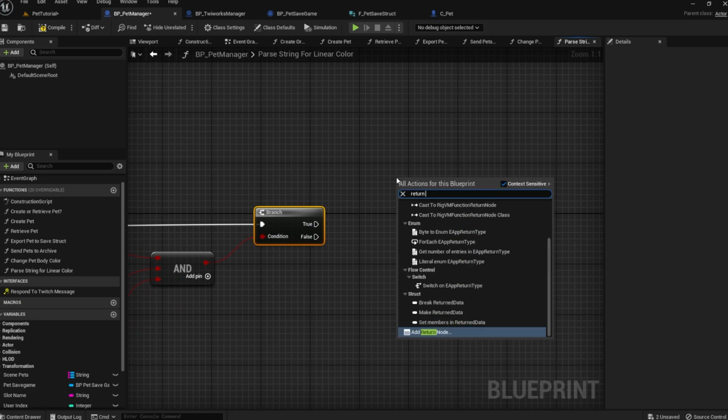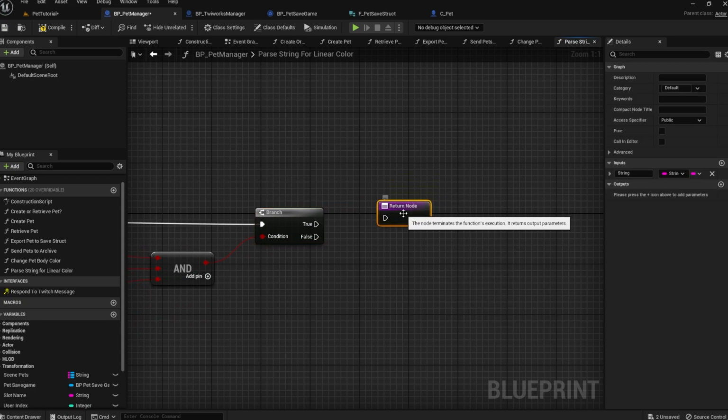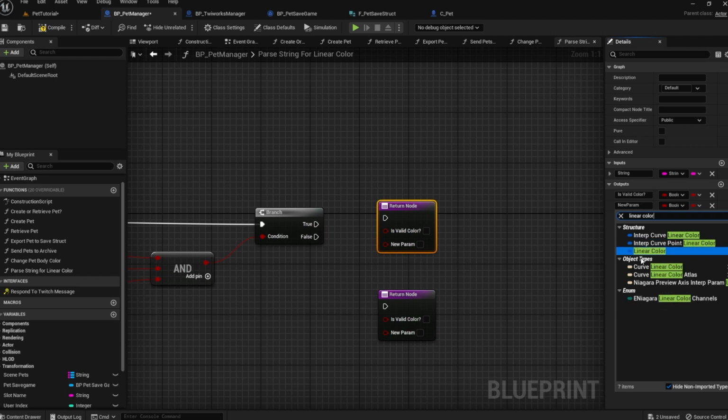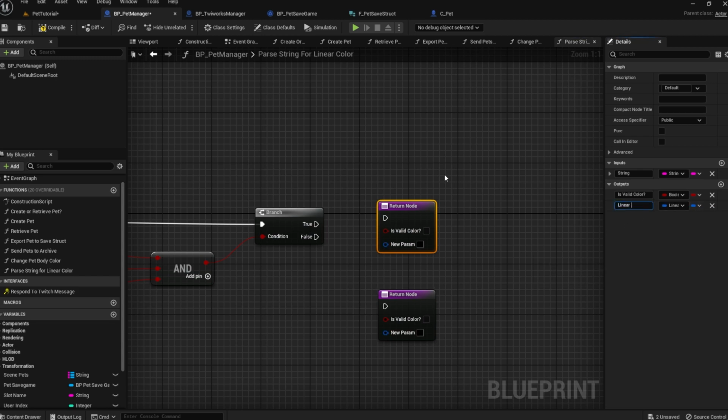Then create 2 return nodes. For the return value, you're going to want to return a boolean called isValidColor and one for a linear color. Then set the isValidColor on one of the return nodes to true by hitting the checkbox, plug that into the true branch, and then plug the other one into the false branch.